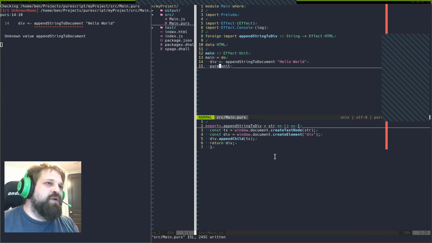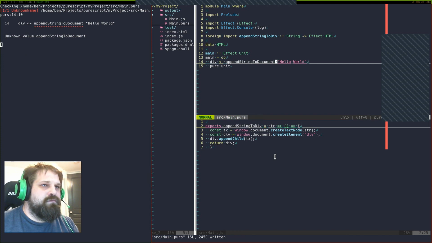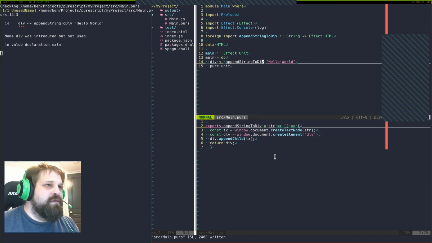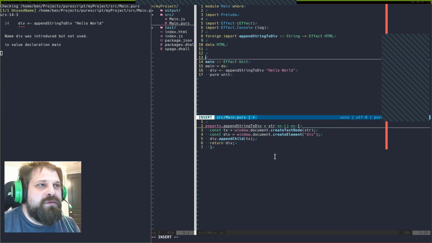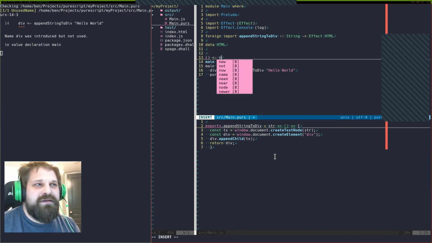So you might be familiar that pure is the same as return. However, you may not be used to seeing unit spelled out. So again, everything has a sort of different value here. We're not just using the empty brackets as a symbol like this. It has a name, and in fact, the empty brackets doesn't actually mean unit in PureScript.